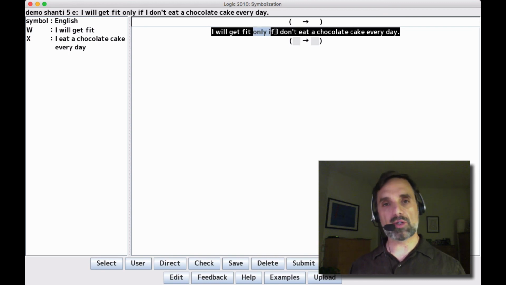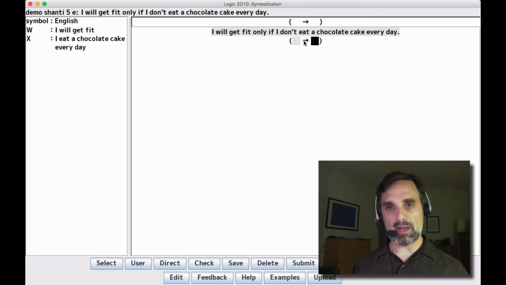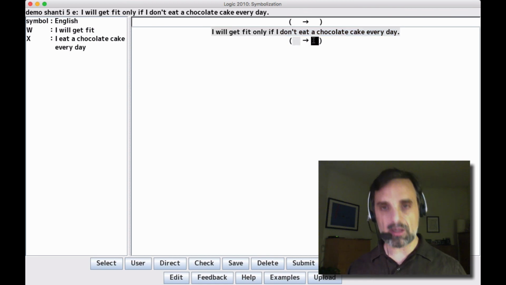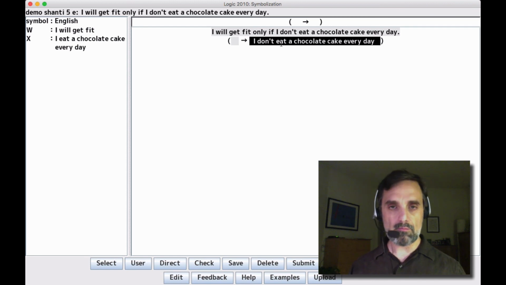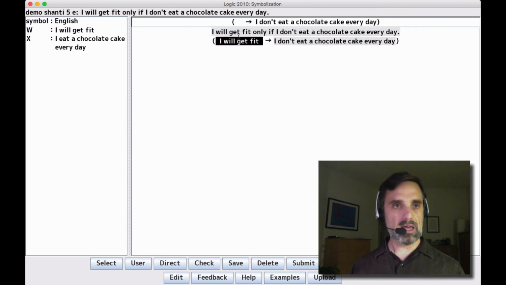So this is not an if sentence, it's an only if sentence. And only if hooks on to the consequent. So only if hooks on to this, and only if hooks on to the consequent. So this is the consequent. So we'll Control-C, copy it. Antecedent consequent, antecedent consequent. Okay, this is the consequent, so we'll paste it there. And let's take I will get fit and put it in the antecedent